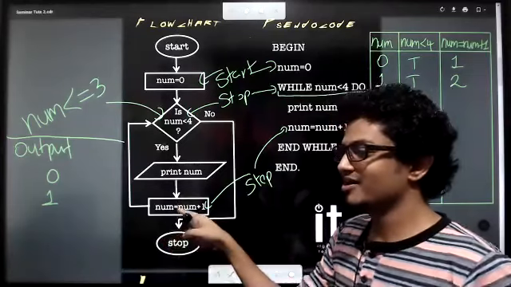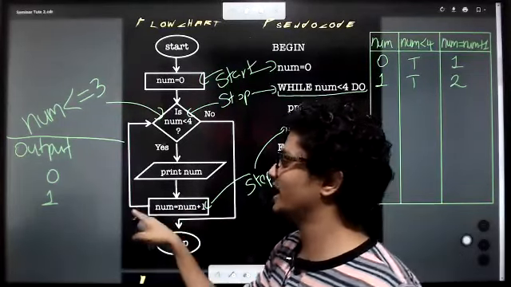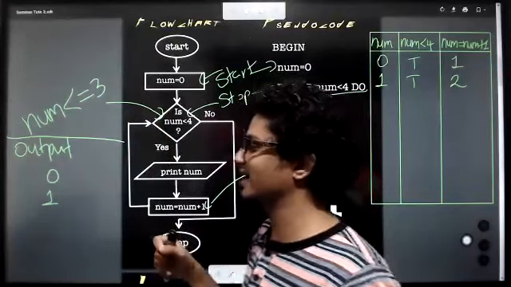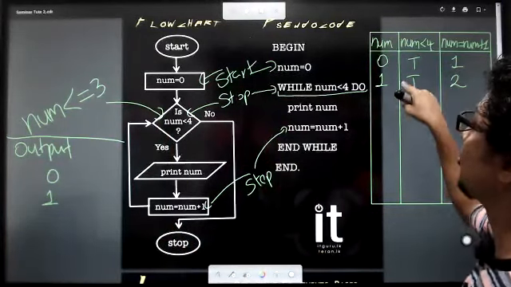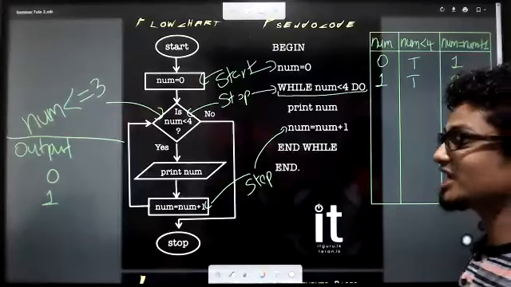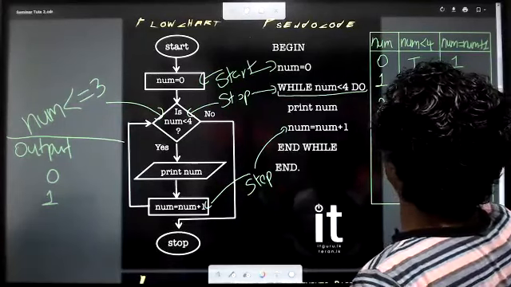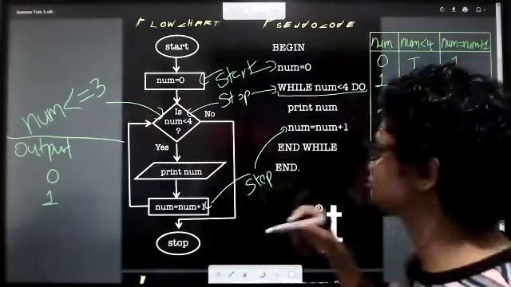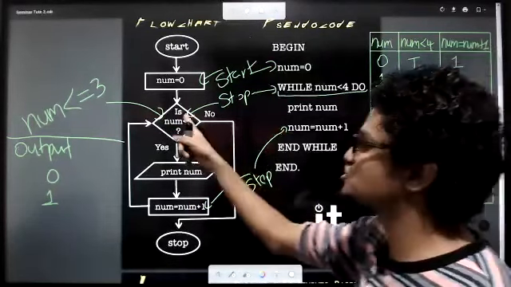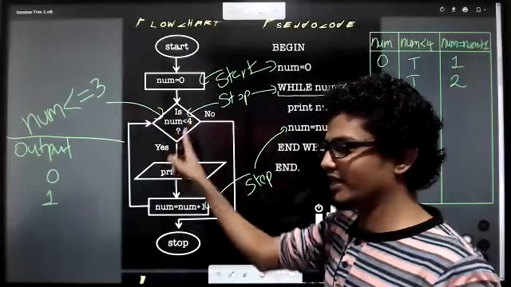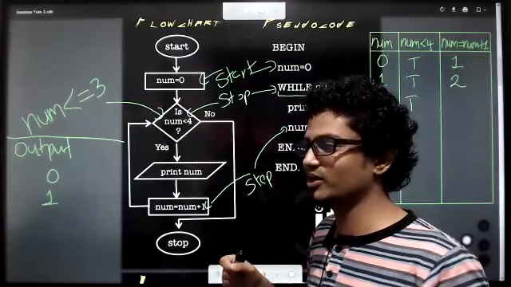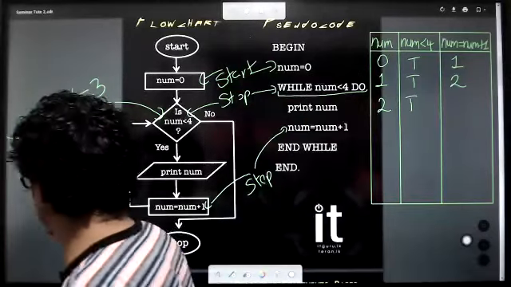Don't forget that. When we are in here, it says, okay, go back and check the condition. When I'm going back and checking the condition, tell me, kids, what is num now? 2. Perfect. With number 2, will it become true or false, kids? True. When it becomes true, what is the next step? Print num. Print num means what is going to get displayed, kids? Number 2 is going to get displayed.